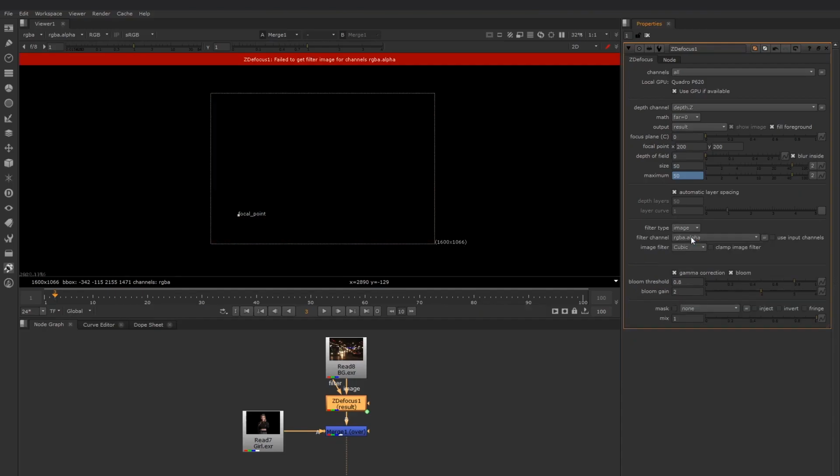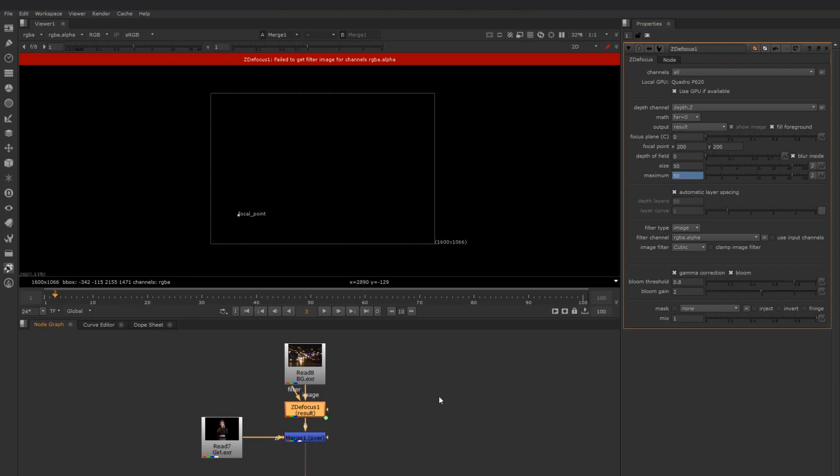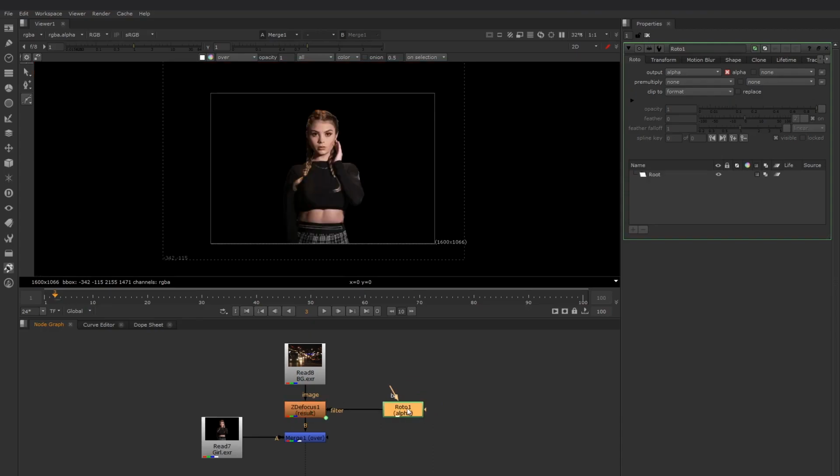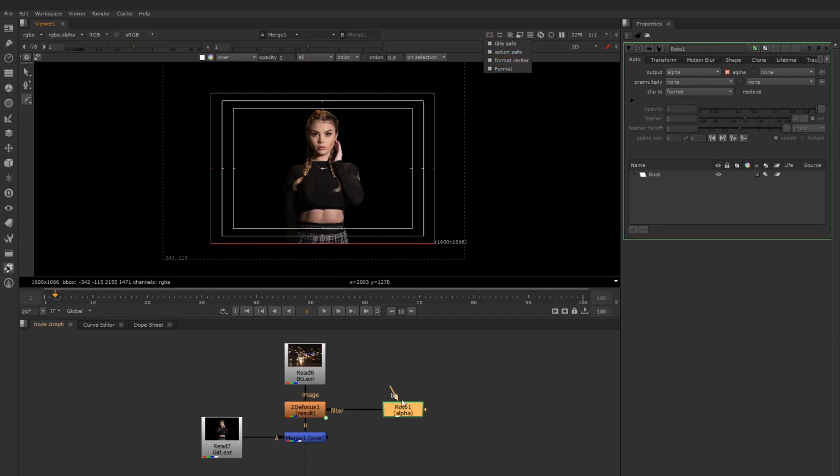You can see that we are getting an error because by choosing this option, we need to connect our own image in the filter input. For that, I will create a quick roto. So I will just connect it here. To draw a shape, I will enable title action safe for better alignment.